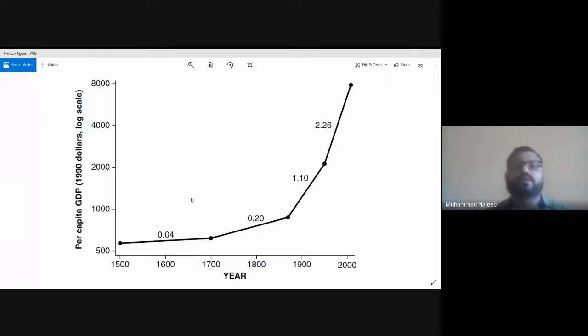This graph I took from Maddison's book. What it is plotting exactly is per capita GDP on the y-axis and years on the x-axis. If you look at this, we can understand that this is the per capita income growth rate. Only after the 18th century did per capita income start growing, and after that we can see a steady growth rate. So the question here is